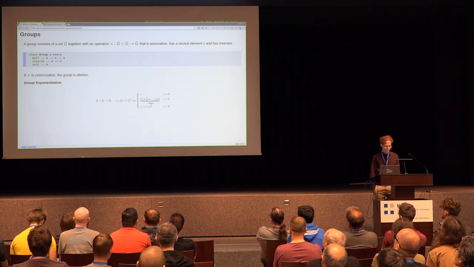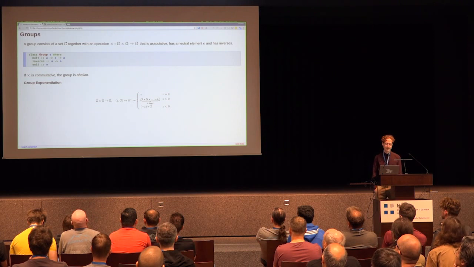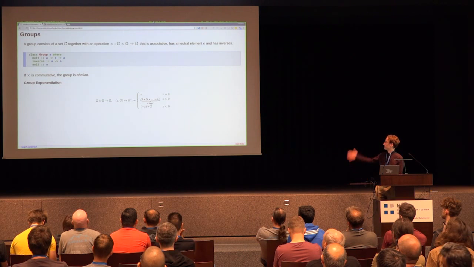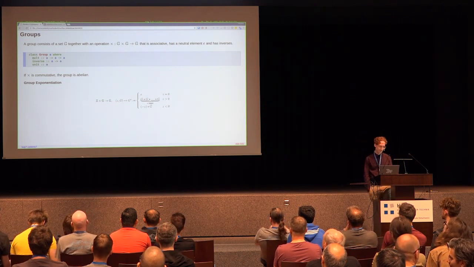In order to work up to building elliptic curve crypto, we need basic assumptions about what groups are. So a group is basically a set together with an operation that maps 2 elements to another element in the group. It's associative and has a neutral element with inverses. So the simplest Haskell implementation would just be this type class with the multiplication function, the inverse, and then